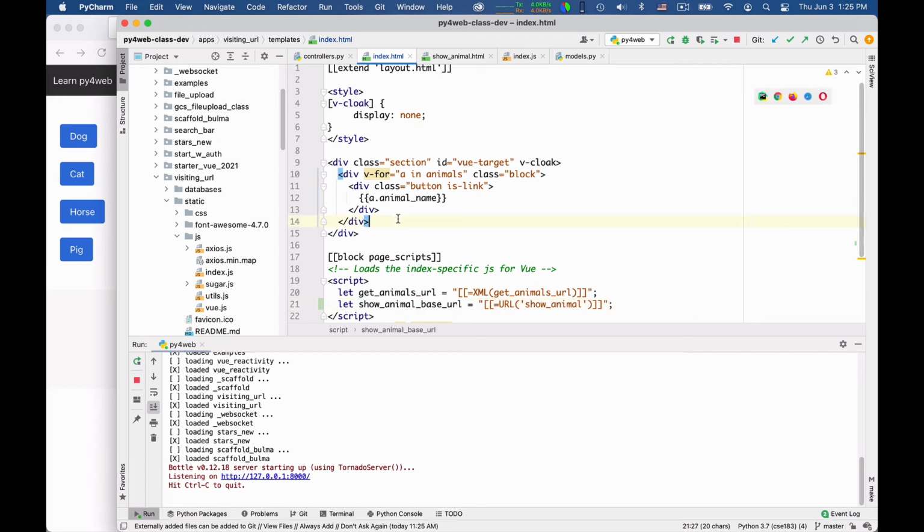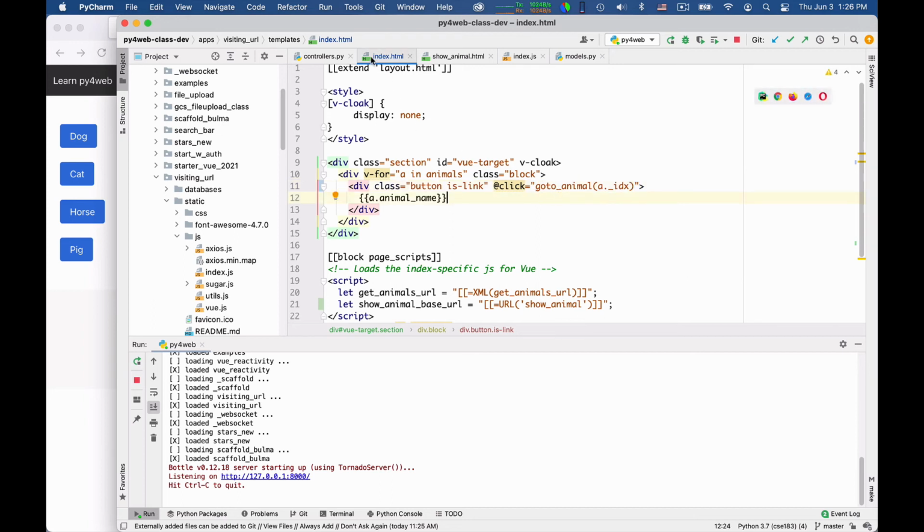At this point, I can go into the index.html. I'm already here, in fact. And so in this div, where I display the animal name, I can say click is equal to, again, goToAnimal for a certain a.id, a.index actually.